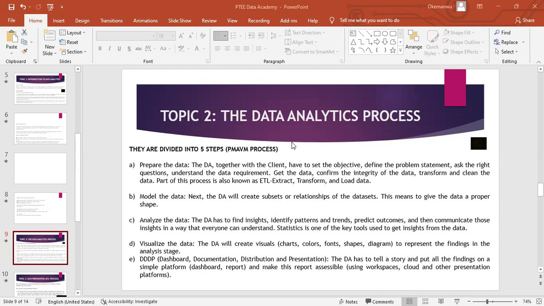Confirming the integrity of the data is like you trying to confirm or ensure that the data meets all the data quality dimensions, all the criteria that are supposed to be met. If yes, they meet all the criteria, you are good to go. But if no, you ensure that the data is